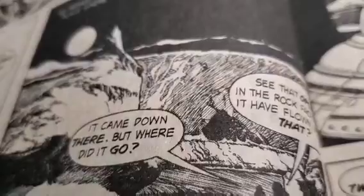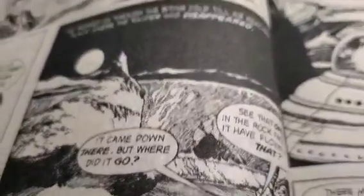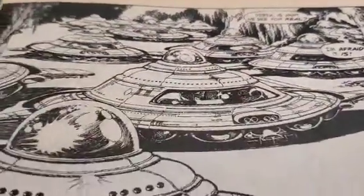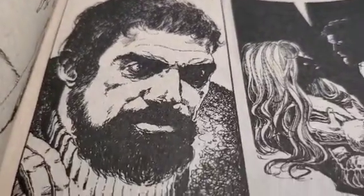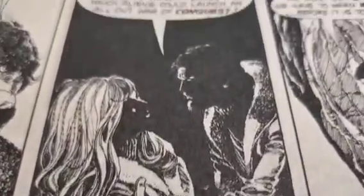If these books be as perfectly preserved as they are, they're on the moon or something. They're definitely on a different planet here. Fantastic. Absolutely fantastic. Look at that. Wow, that's just...